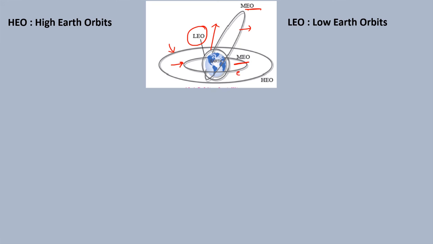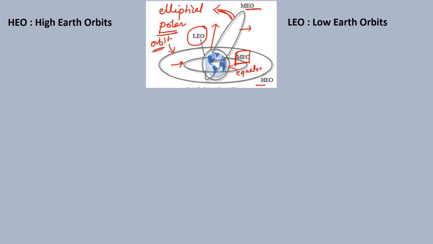Medium Earth orbits are also called geostationary satellite orbit above the equator. The one which is moving around the equator will be able to take pictures of the equator, but it is not useful in the study of the polar region. For polar region study, we need an elliptical medium Earth orbit passing over the polar region. You can see this one which is elliptical and passes over the polar regions, and these orbits are called polar orbits. The other one is called geostationary orbit, medium Earth orbit, which is around the equator.